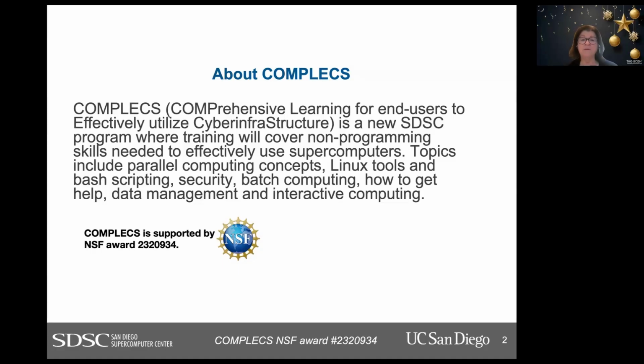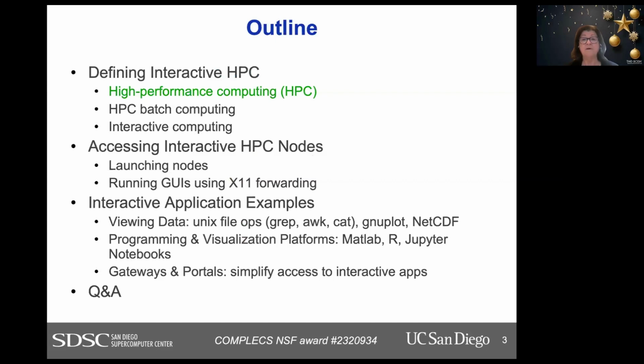The idea is to bring in people like you who are working on advanced research that is at a stage where it needs to run on a supercomputer, and teach you how to run and operate in that complicated supercomputing environment. So we cover all the basics you might need: to upload your files, install and compile maybe, or use an already installed application like Amber, and then move on and get your jobs done, download your results, and run them on the supercomputer. So today we're going to talk about